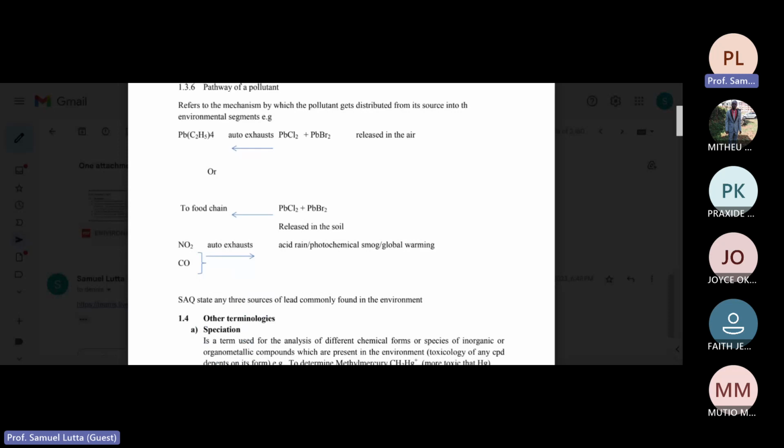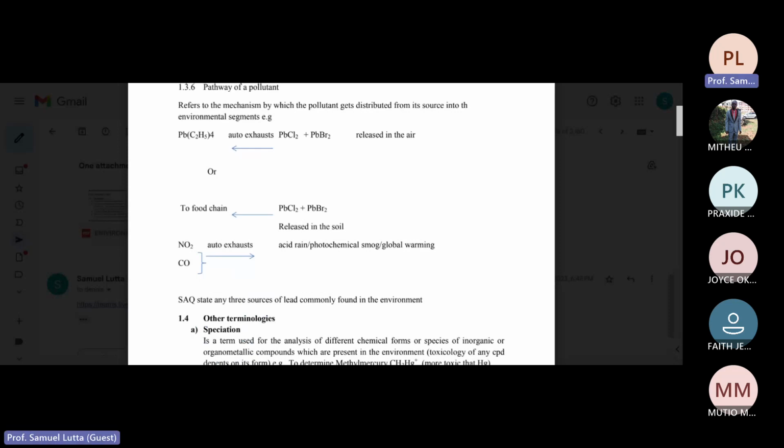So in the process of heating this, we can also release nitrogen dioxide, which we said is an example of a gas that forms acid rain. We said nitrogen dioxide, when it reacts with water, gives you nitrous acid. And we also saw that it plays an important role in photochemical reaction. The formation of the fog, we said the brownish color of the atmosphere that we see is because of the